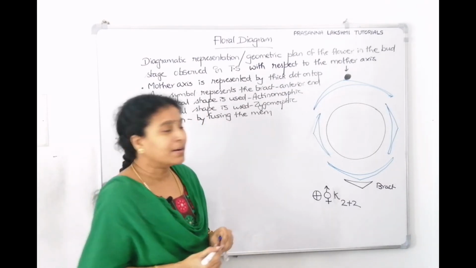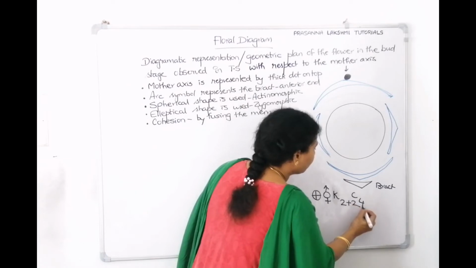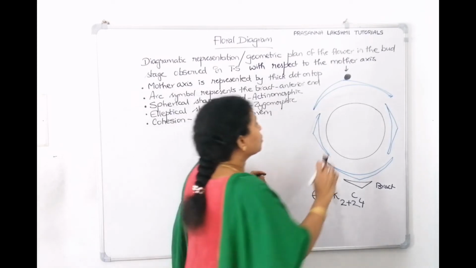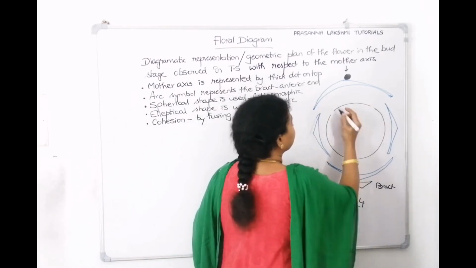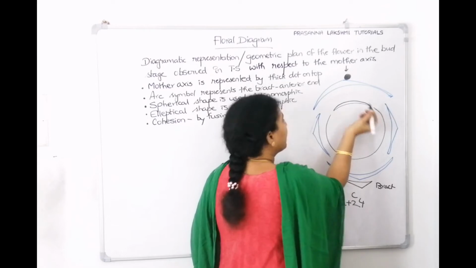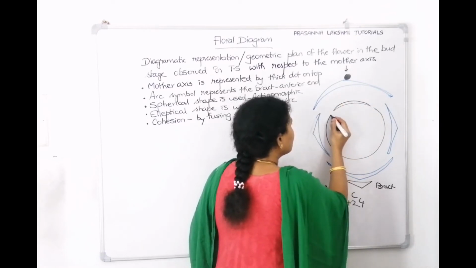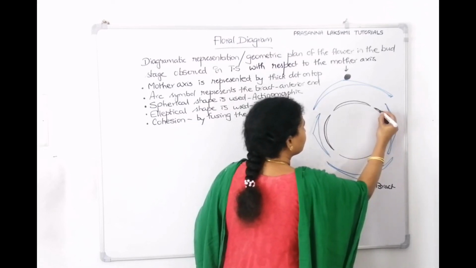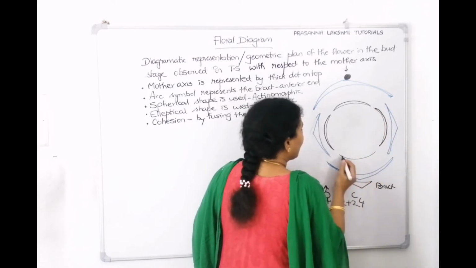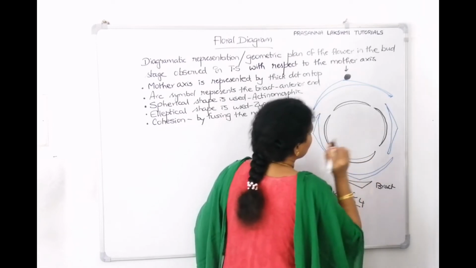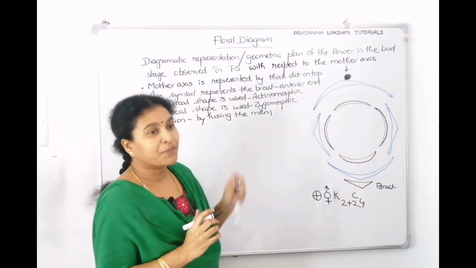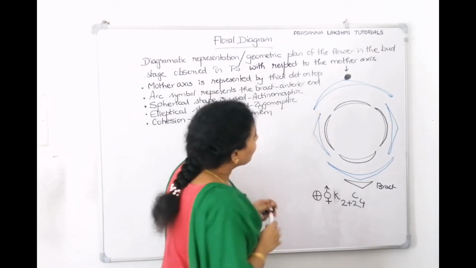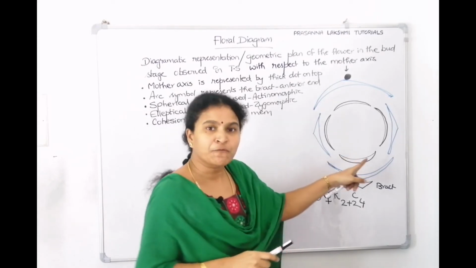Corolla, it is 4 but in one ring only. So I'm just writing C4. And it is crucifer, like a cross symbol the petals are. So here is one petal. For petal, a half moon shape we use. Here is the second petal. Here is the third petal. And here is the fourth petal. Now the estivation also we can make from the floral diagram, correct? The estivation we can tell is valvate or imbricate for calyx, valvate estivation for corolla.